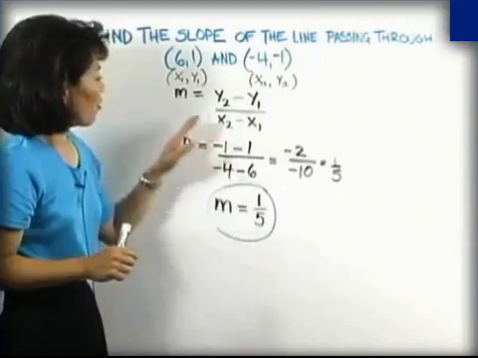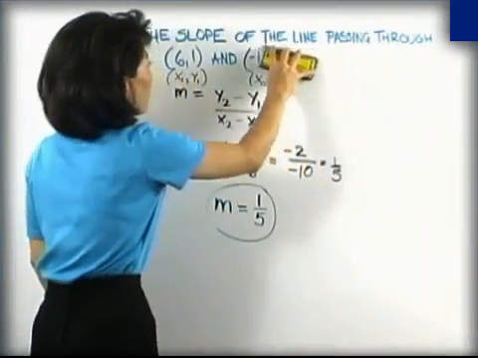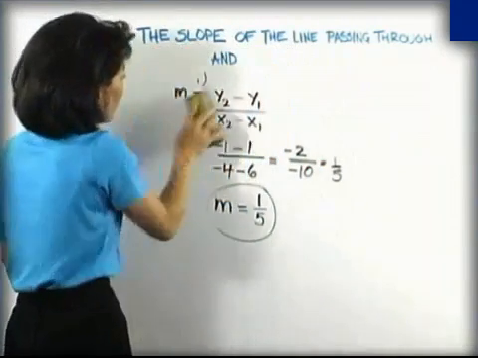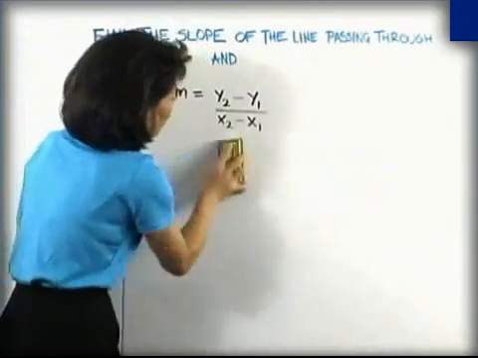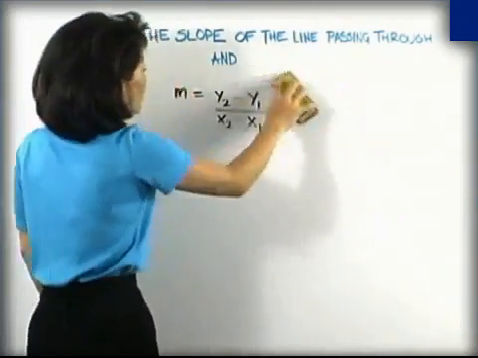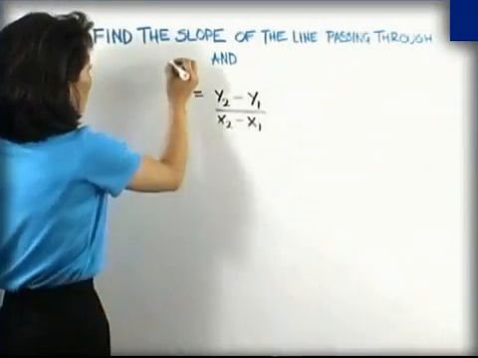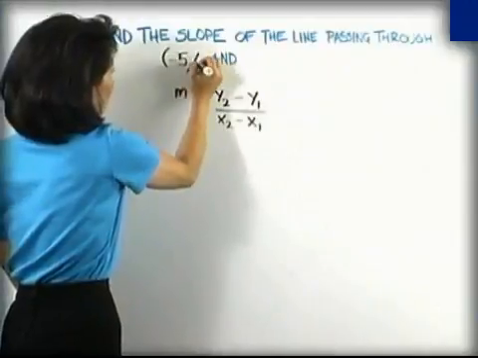Now that we've done that and we're familiar with our formula, let's change the points and try again and see what happens. So this time, we're going to change these points. Let's keep our slope formula for reference. And let's go ahead and recalculate and see if there are any special cases we have to be aware of. So this time, we're going to find the slope of the line that goes through the following 2 points, (-5,